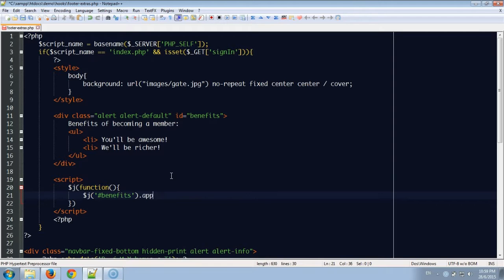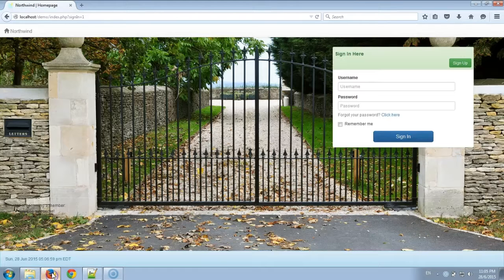Then we'll use the jQuery appendTo function to relocate our marketing copy inside a special element having the ID login_splash. The login_splash element is an empty element in the login page and is already part of the code generated by App Genie. Let's save and preview our changes. We can see that the marketing copy is now relocated near the top, but it's not clear enough.